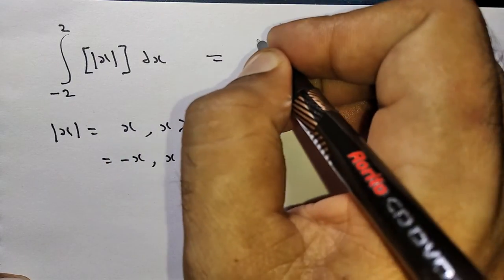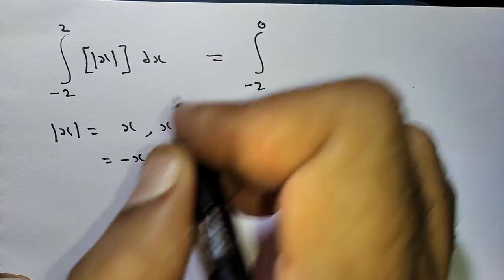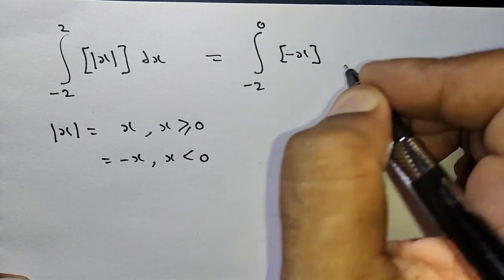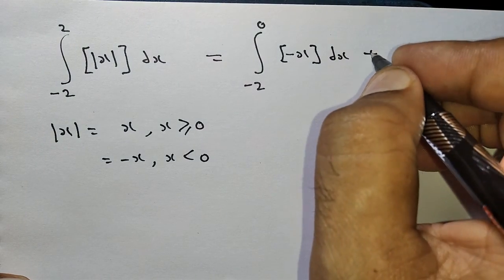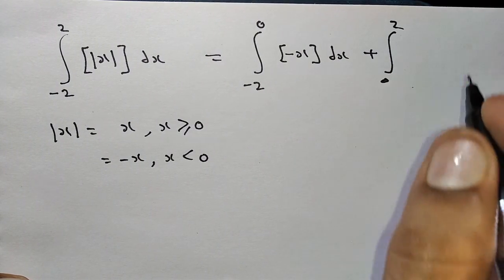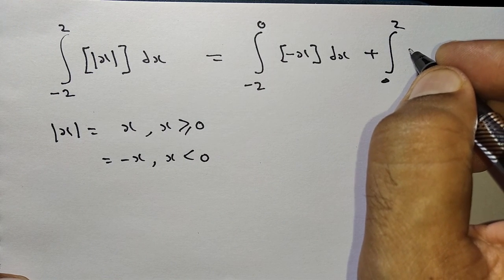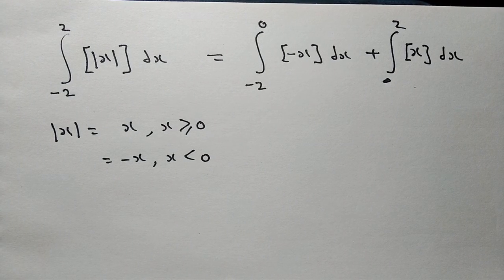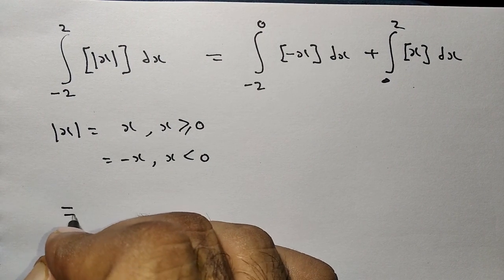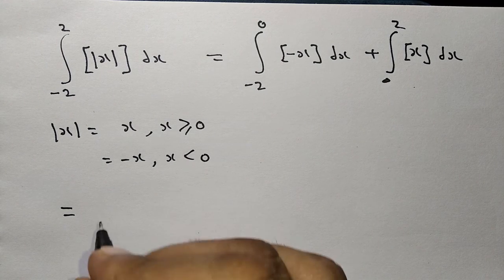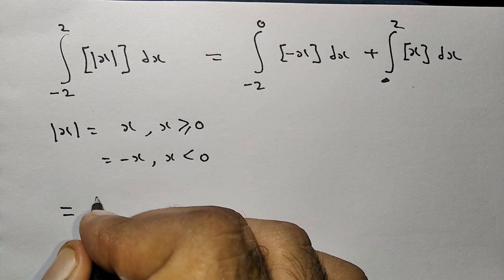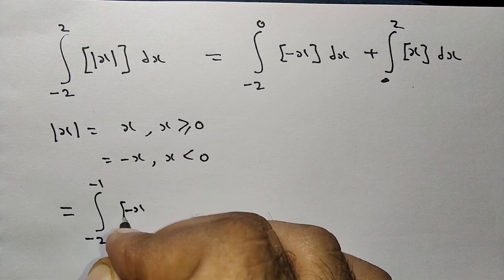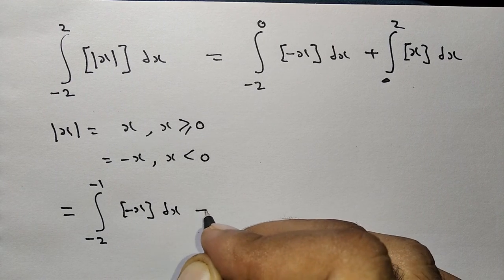Therefore mod of x can be written as, from minus 2 to 0, that is for negative, minus x greatest integer function dx, plus integration 0 to 2 of x greatest integer function dx. And we know that the greatest integer function changes value at every integer. So we can write this as integration minus 2 to minus 1 of minus x greatest integer function dx plus